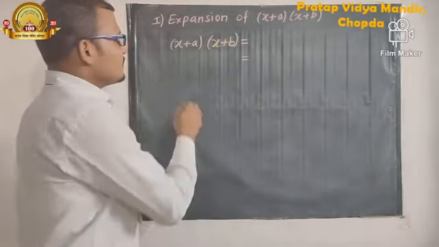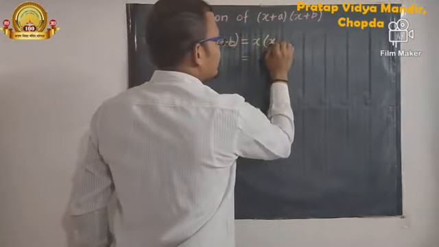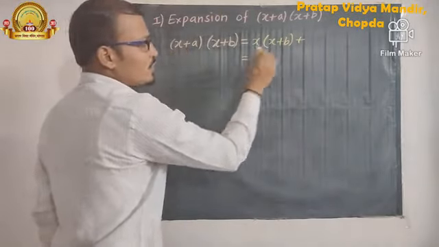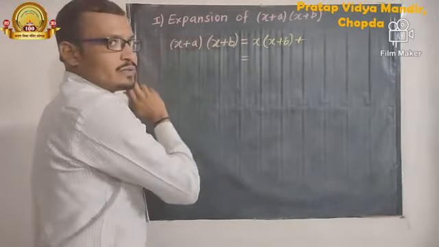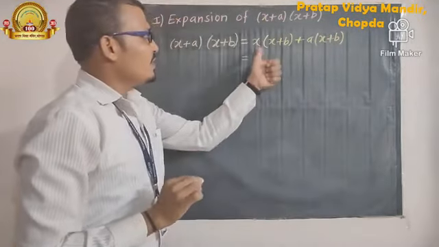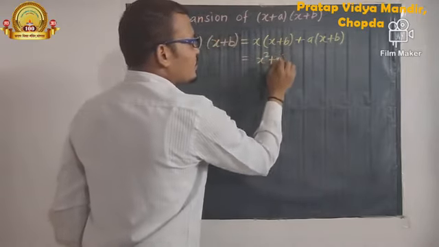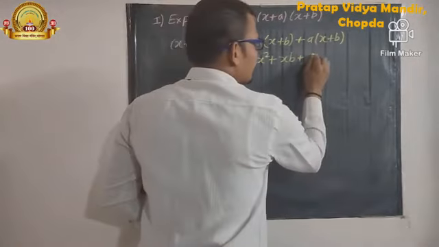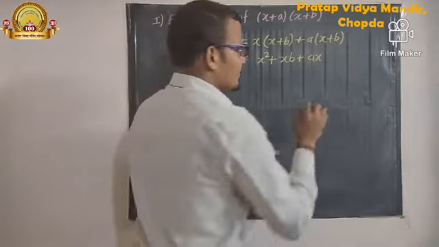First we multiply this x to the whole bracket, that is x plus b, plus, as plus is here, we take the plus sign, multiply this a to the second bracket, a into (x plus b). Now x into x, x square, plus x into b, xb, plus a into x, ax, plus a into b,